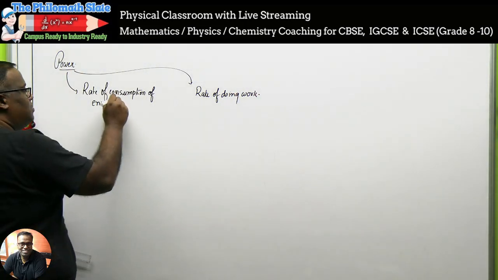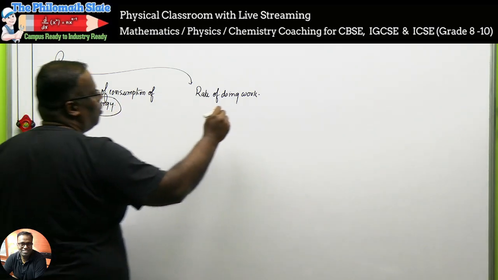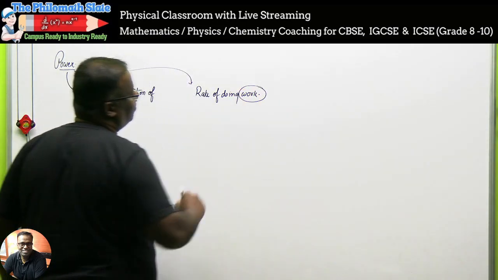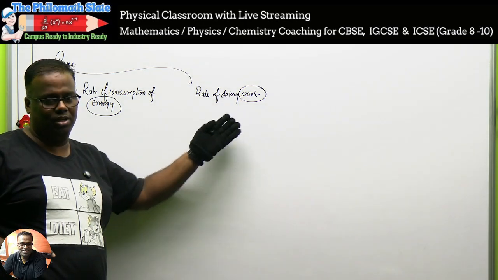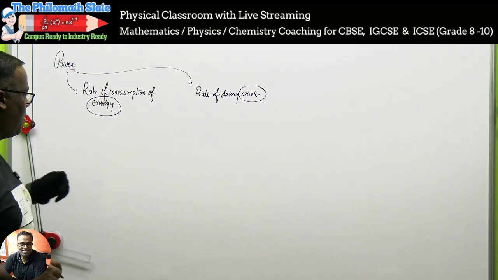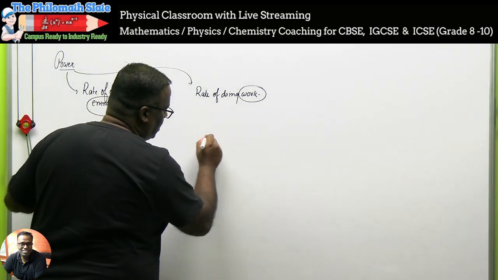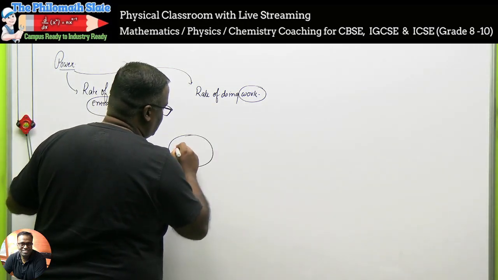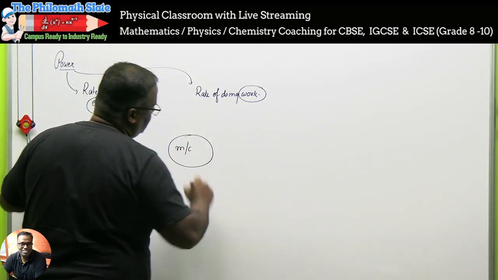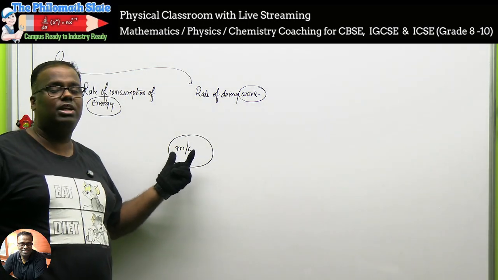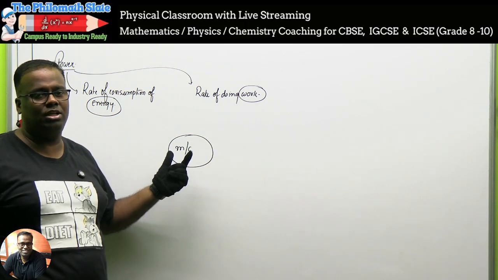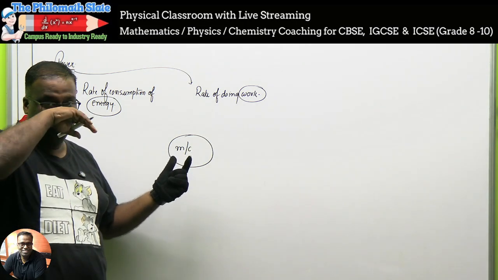On one side I have said it by means of energy, on the other side I have said power is the rate of doing work, or the rate of delivering work. Okay, let's understand it. In order to understand it, let's think of a machine once again. A machine is something that does not create energy, because energy can neither be created nor destroyed. A machine is only going to convert energy.